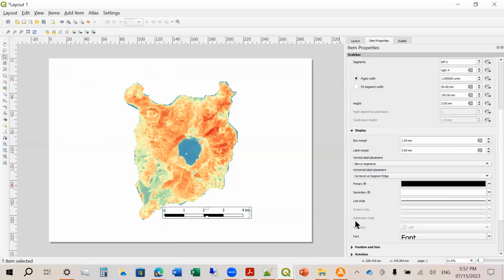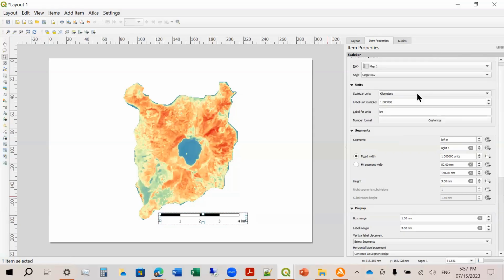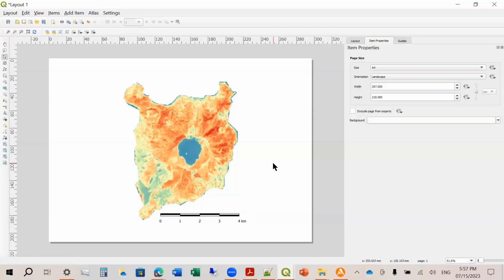Go to display. Vertical label placement is above segments. You can go below segments. And then I want my style to be double box. So that's it. That's for your scale.